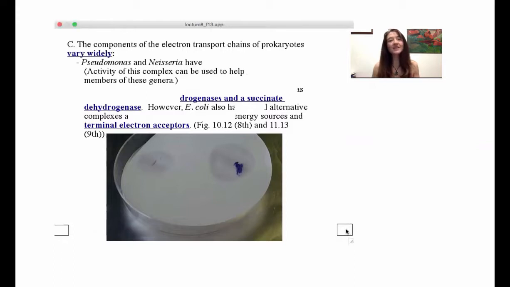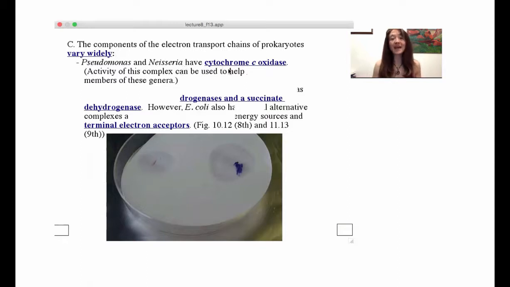And so I know that it sounds like a cop-out to simply say that the components of the electron transport chain in prokaryotes vary widely, but it's a cop-out except for that it would take us an entire semester to learn all about them. So that's why we're not going to go into details on every single one of them. But suffice it to say that some bacteria do contain some of the components of the mitochondrial ETC,